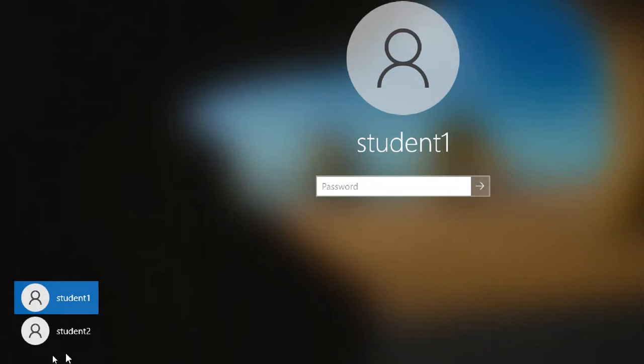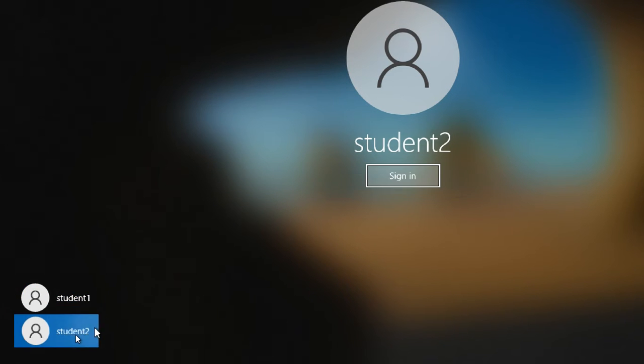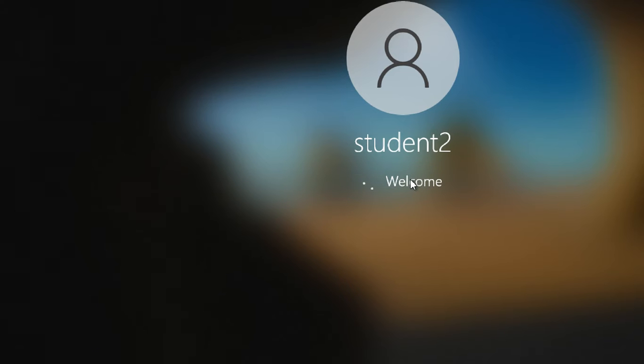Now automatically you can see two users on the bottom left-hand side, student 1 showing, student 2 also showing. So I'm selecting student 2, sign in. First time it is logging in, it will create its own profile data in that system. Now I'm getting everything.